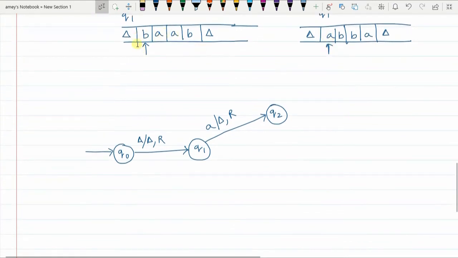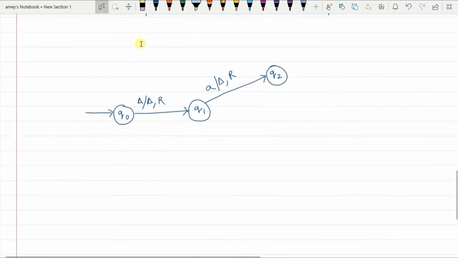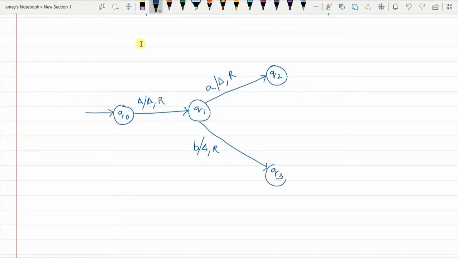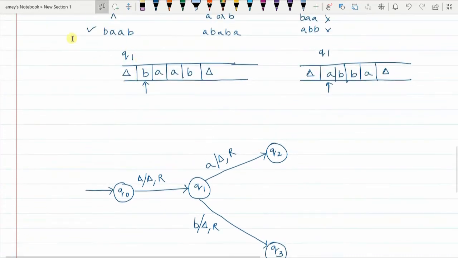Now what if the first element happens to be B? If the first element encountered is B, then B will be replaced with delta and the pointer moves one place to the right, and let's say I go to Q3 state. Fine.